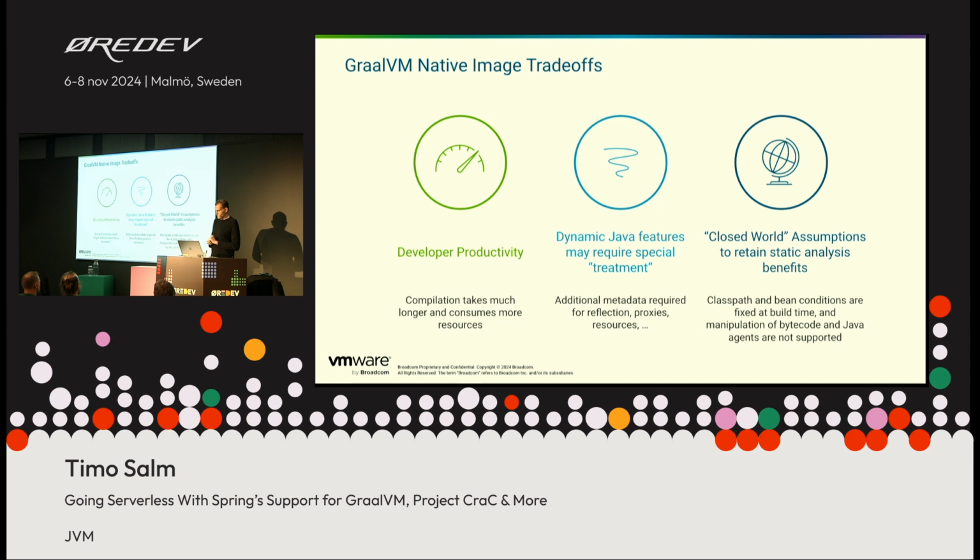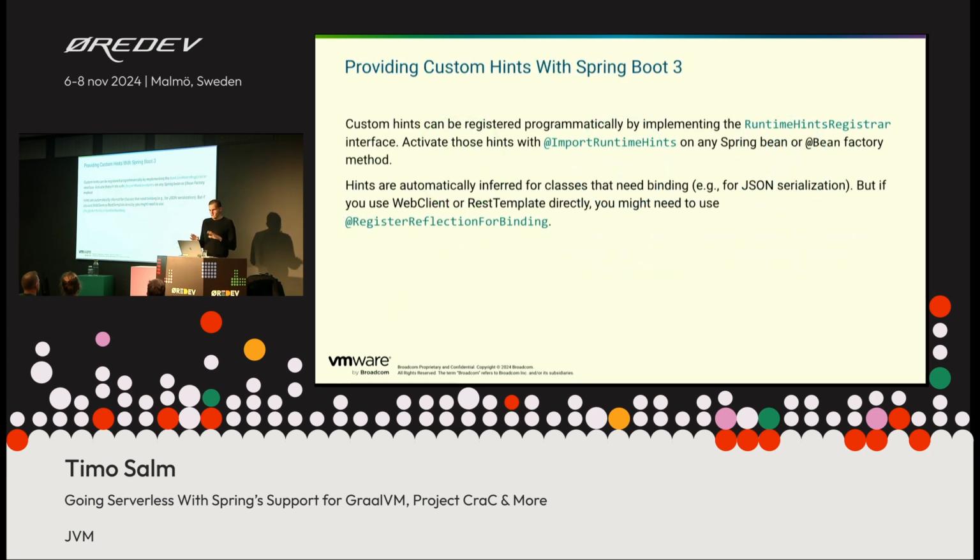So there are some trade-offs, but if you really have those applications that get a lot of benefit out of fast autoscaling and memory reduction, it could be a try. But with that, there's a question: are there better or other solutions available? And actually, there are. Okay, regarding the time, I will first show how with Spring Boot it's possible to provide those hints,